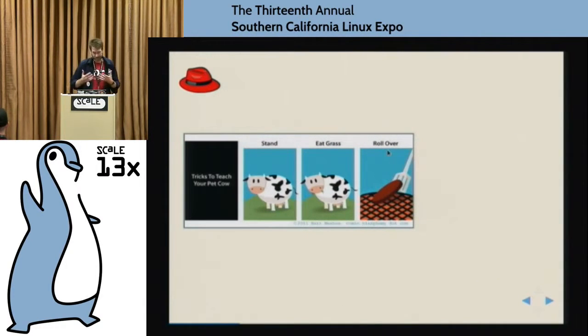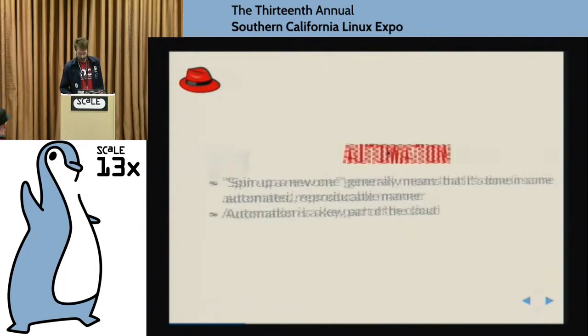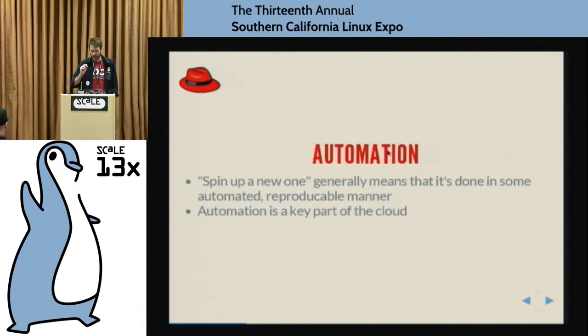And when you have a pet, you teach it specific tricks. Each one of your pets does a particular thing. But when you're an organization like, say, CERN, who is one of our favorite end users, you have 70,000 servers out there that are all responsible for doing data crunching on the numbers that you're getting from your particle accelerator. And if one of them goes down, you don't have the time to make it better. You just spin up a new one. And so spinning up a new one,